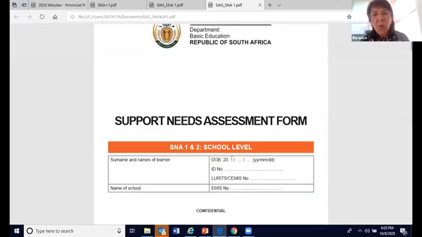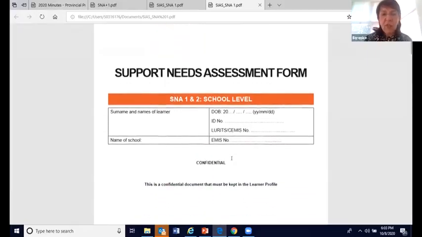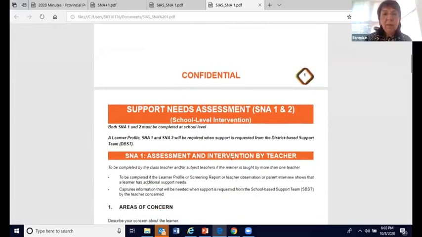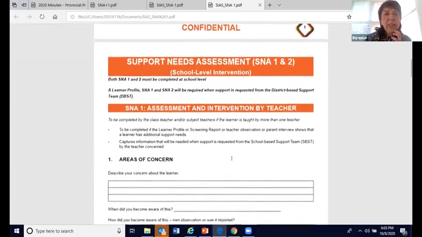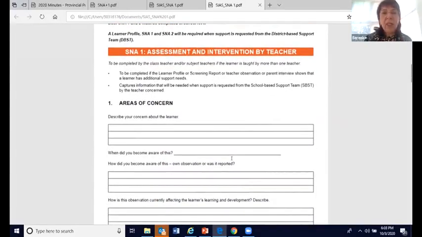Okay, all right. So this is what SNA1 looks like, the support needs assessment form. Name and surname of the learner, name of the school. Okay, so the teacher starts by indicating her or his area of concern. Describe your concern about the learner.